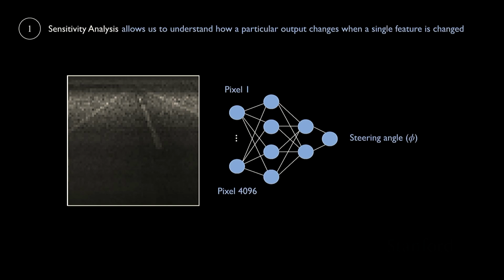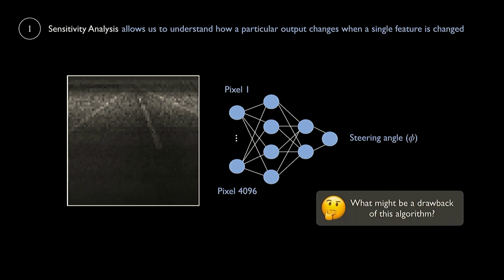Any questions on that? To actually get this, I mean, you're not perturbing each pixel, are you? I am, and what might be the drawback of that? Backprop. You could, yeah. Why would we want to do that instead of this? It goes a little faster. Yeah, exactly. This is pretty inefficient.